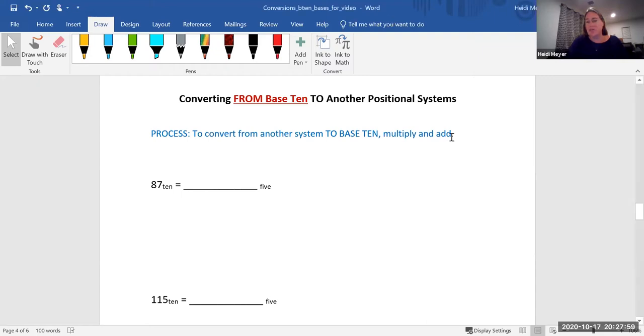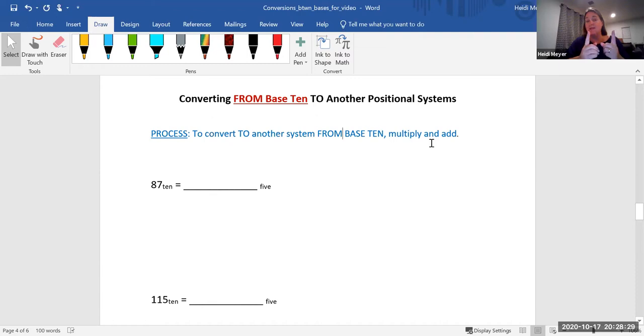And I notice I have an error here because I did some copy and paste, and I'm going to change that. It has to do here with process, and it says to convert from another system to base 10. I want this to be to convert to another system. We want that to be from base 10. And you know what? I'm kind of glad I made the mistake because I want you to notice it's totally